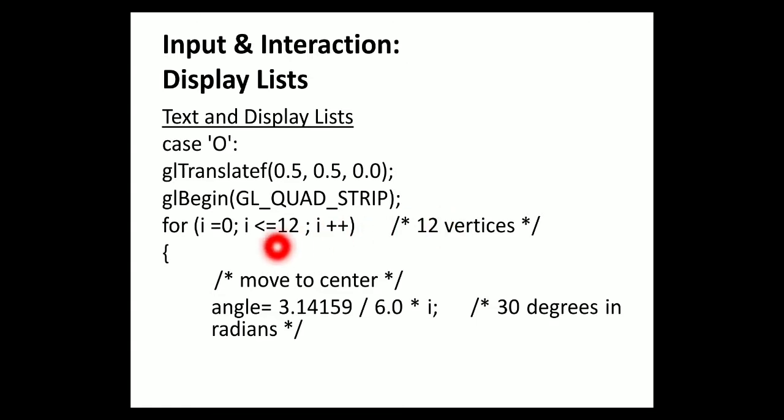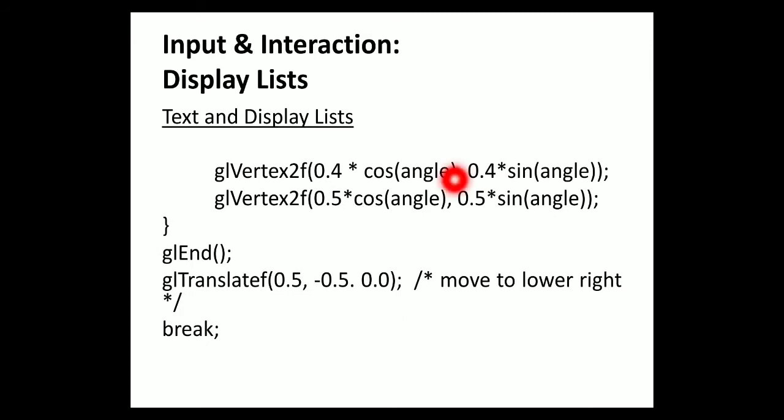For this we need 12 different values, 12 different vertices, and the angle which is represented in radians, so degrees were converted to radians. Each time, for each point, we have the orientation or change in the angle with this particular value, which will be converted from degrees to radians. Since there is an angular difference with respect to the x-axis, we make use of cos. With respect to the y-axis, we make use of sine of the angle. I'll be sending you the code for drawing the O letter with the help of this logic.